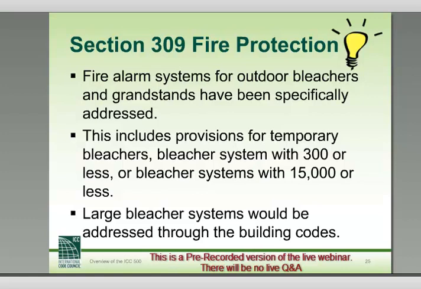Fire protection is addressed in section 309 of the standard, where it talks about fire alarm systems for outdoor bleachers and how those are specifically addressed. There are special unique provisions for temporary bleachers, systems with 300 or less, or bleacher systems with 15,000 or less. 15,000 is really based on the average high school stadium in the United States. Less than 15,000 would pick you up most of those stadiums, I think almost all of them, if I'm remembering correctly,